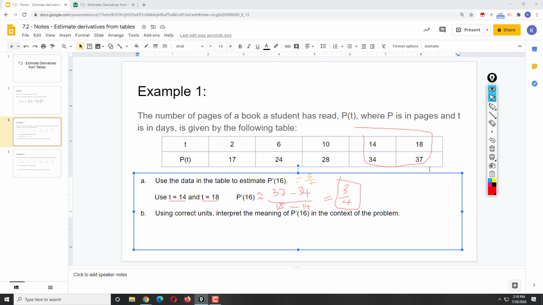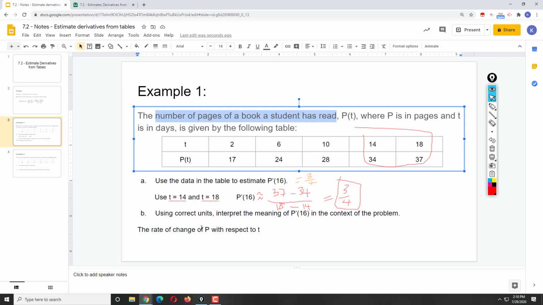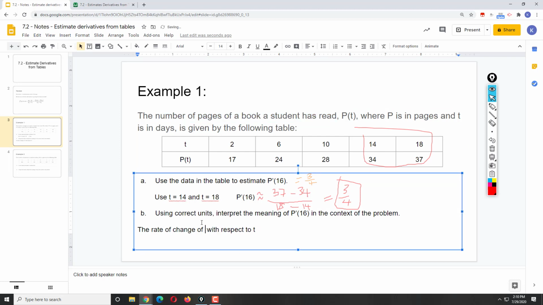Part B, using correct units, interpret the meaning of P prime of 16 in the context of the problem. This is from our last lesson. Remember our sentence starter, the rate of change of, so we have P of t, right? So it's the rate of change of P with respect to t. What is P? P is the number of pages of a book the student has read. So the rate of change of the number of pages of a book a student has read with respect to t. t is the time in days,